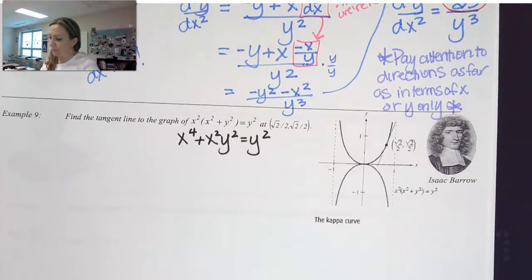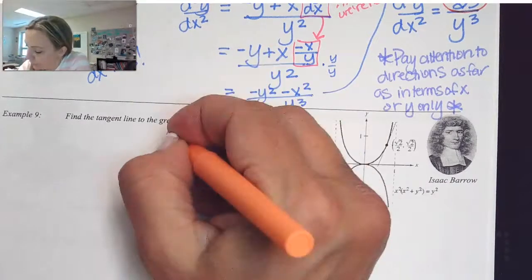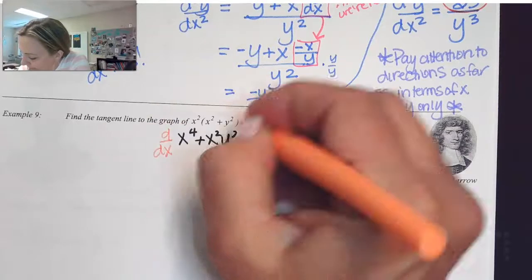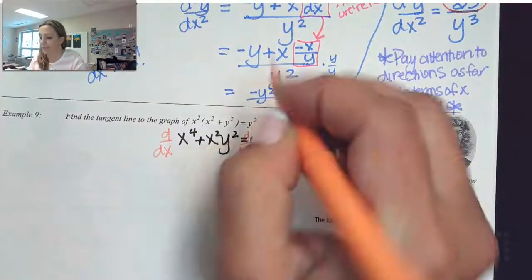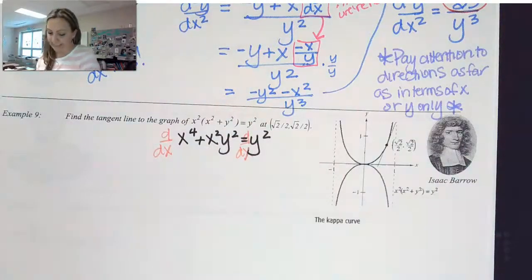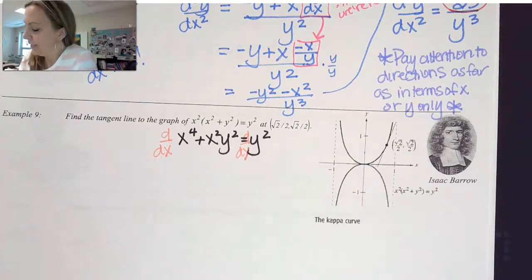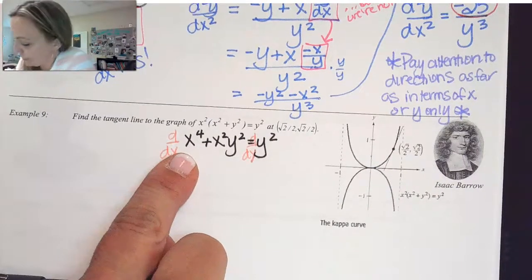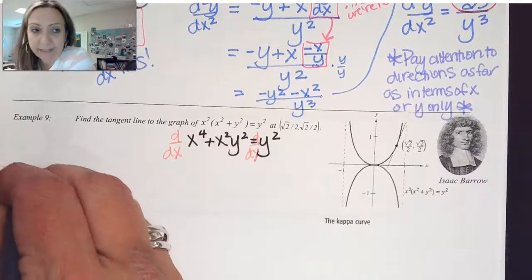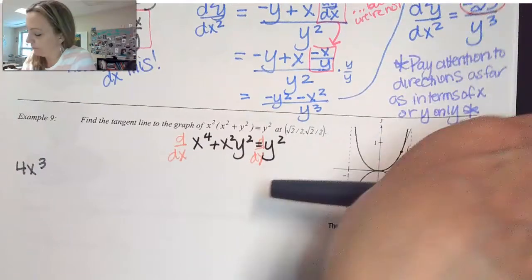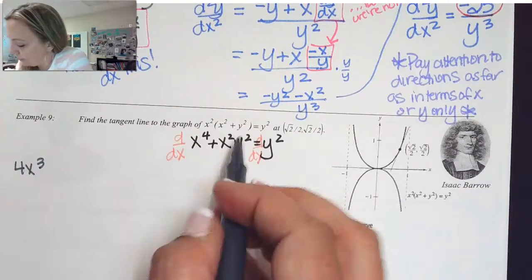And then what we can do is take the derivative with respect to x of that, because again, for the tangent line we're going to want the slope. So I'm going to take the derivative with respect to x of both sides, and let's see what we get. These match, so I can just write that as 4x cubed plus,